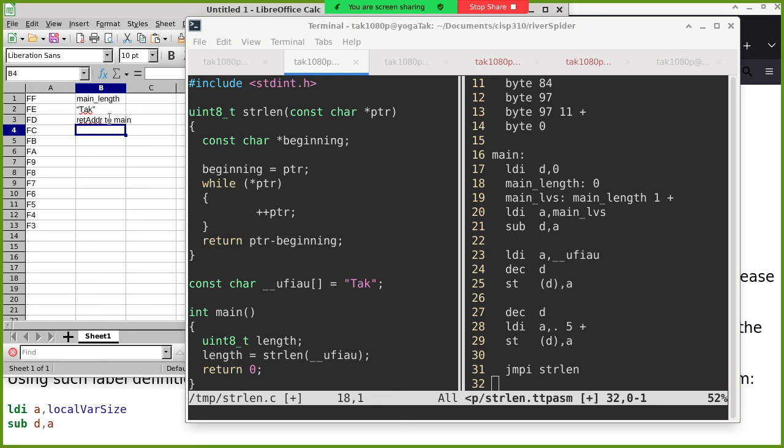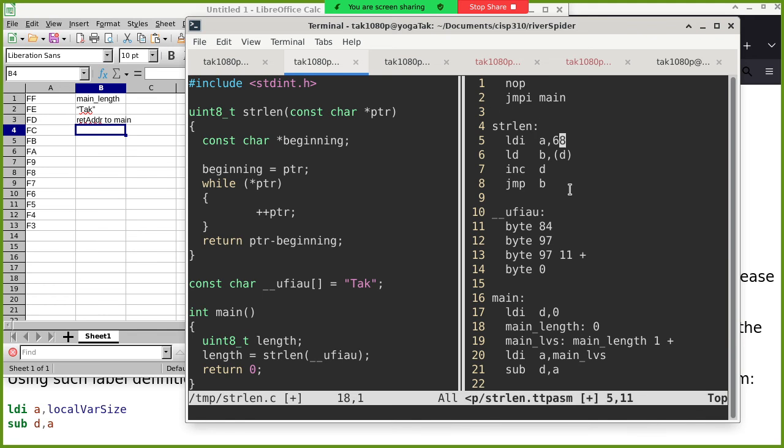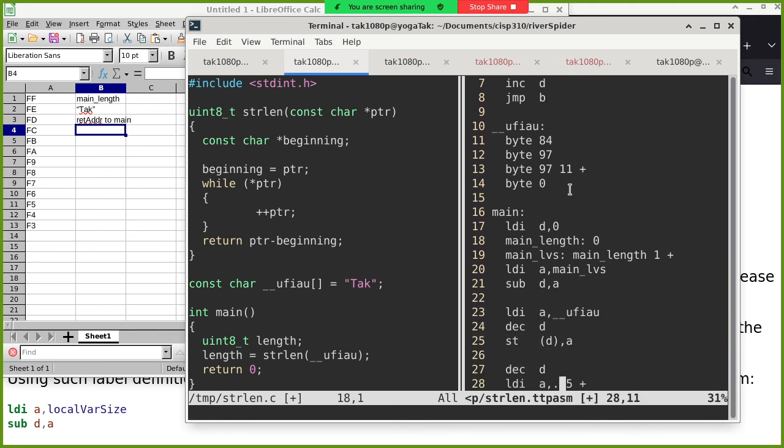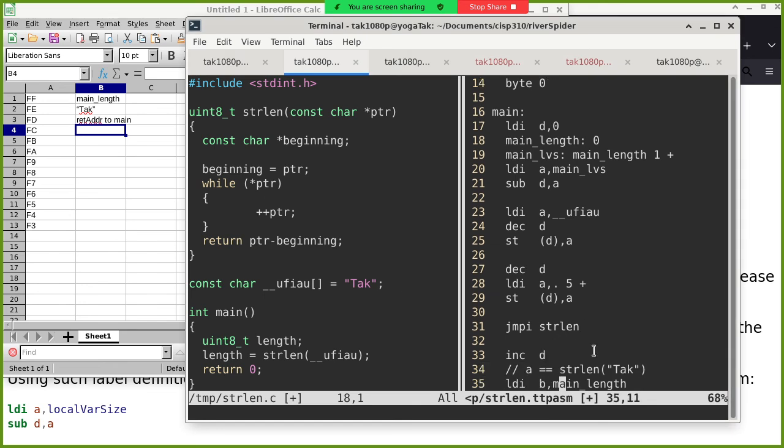But I want to finish the simulation of what this program is supposed to do. So let me scroll around a little bit more. On line 31, we continue execution in string length. String length is not doing much. All it does is return a value of 68, and then it goes back to the caller. By the time it gets back to the caller, which is line 33, the return address will be popped, but the address of tag will still be on the stack, and that's why we have line 33 to deallocate the argument. So by the time we get to line 35,